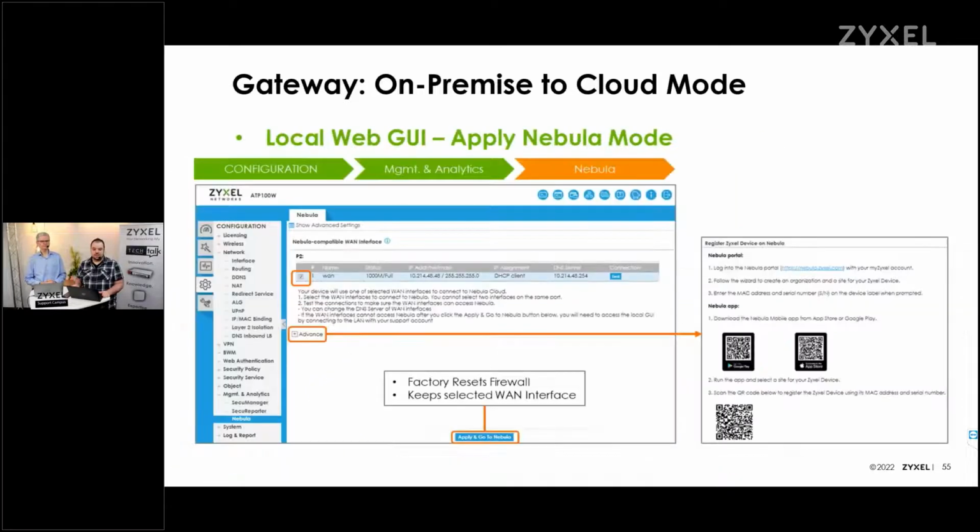To do that, we have added a compatibility check into our firewall devices. It will check the internet line, it will check if the certificate is there, and if everything is set up correctly, then you can switch from on-premise mode to Nebula mode,